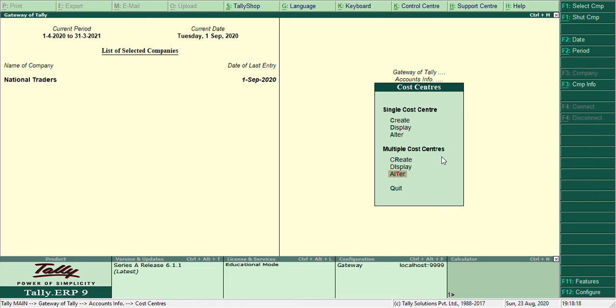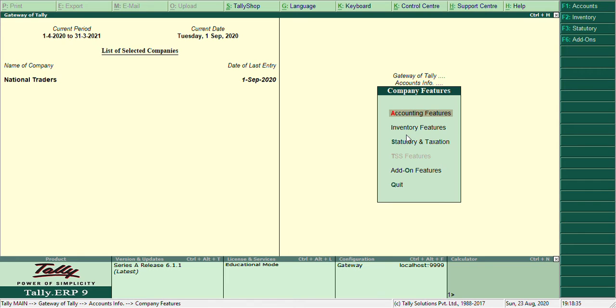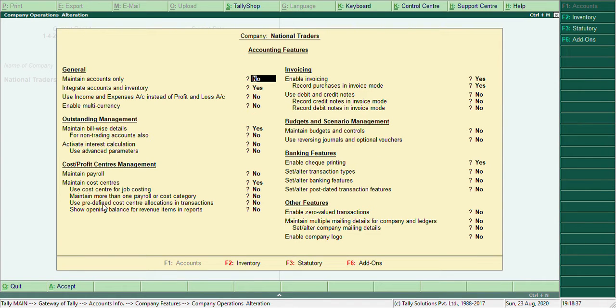So, how to create cost categories. That is also an additional feature which has to be enabled. So press F11, go to accounting features. You can find maintain more than one cost category.